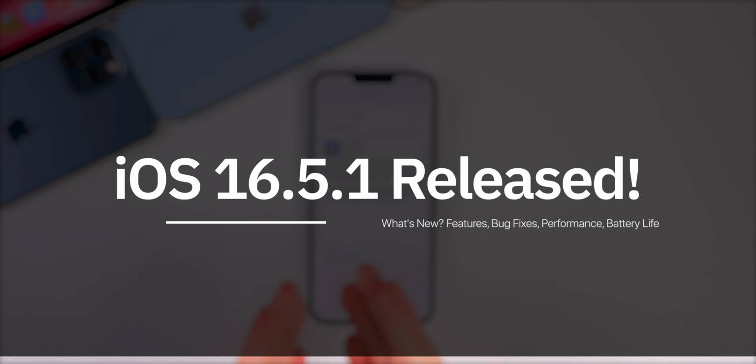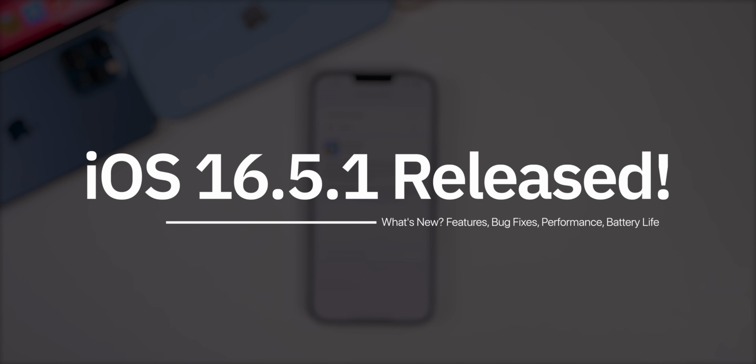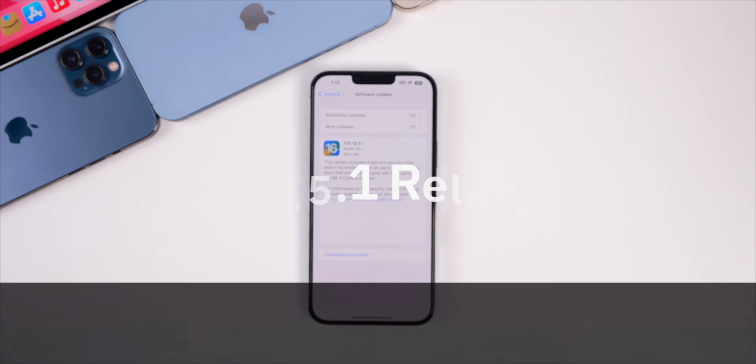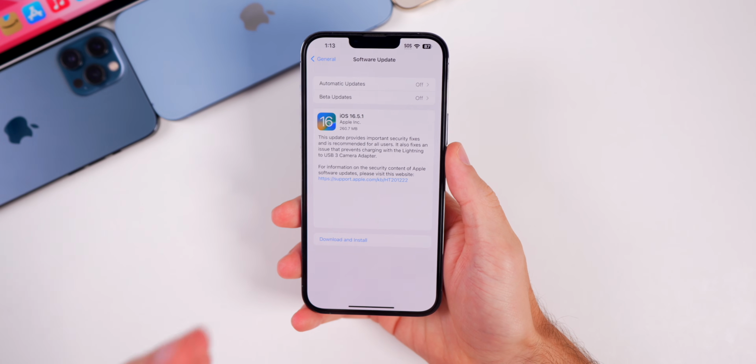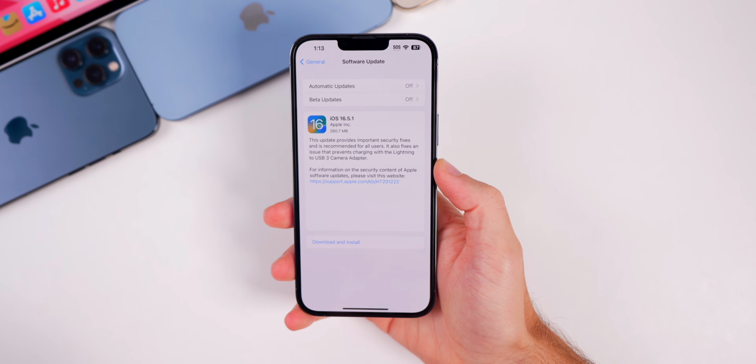Apple just released iOS 16.5.1 just over a month after the release of iOS 16.5. Along with this update, Apple also released iPadOS 16.5.1, watchOS 9.5.2, macOS Ventura 13.4.1, and for older devices, we got iOS and iPadOS 15.7.7, macOS Monterey 12.6.7, and macOS Big Sur 11.7.8. But in this video, we're mainly talking about iOS and iPadOS